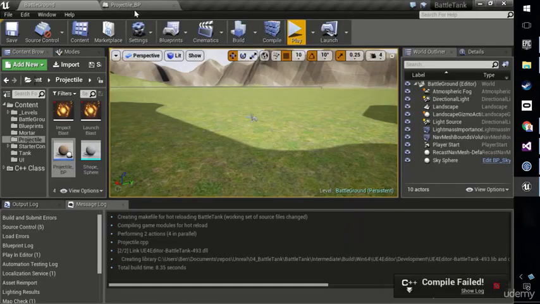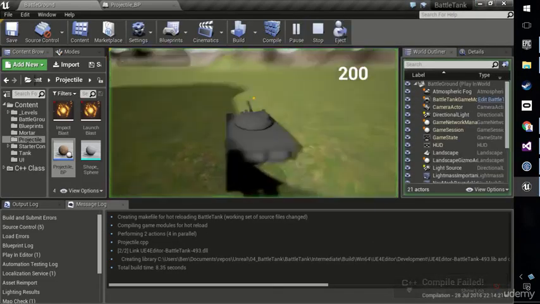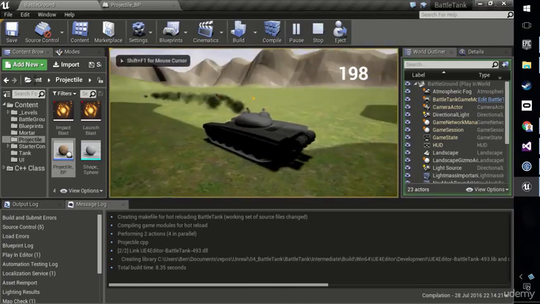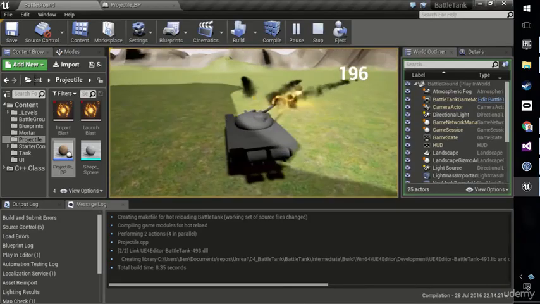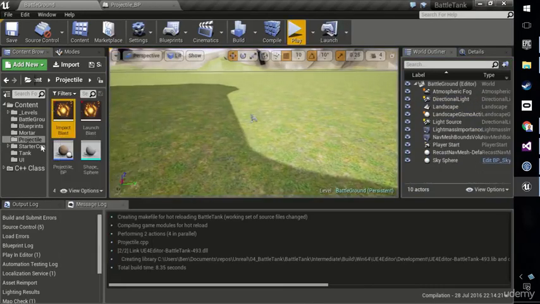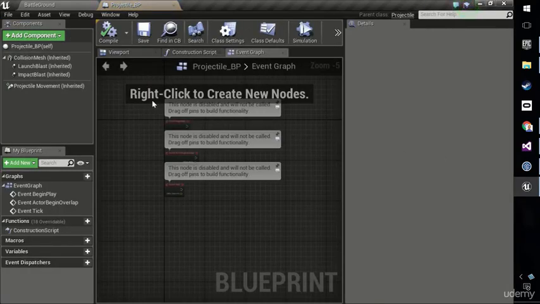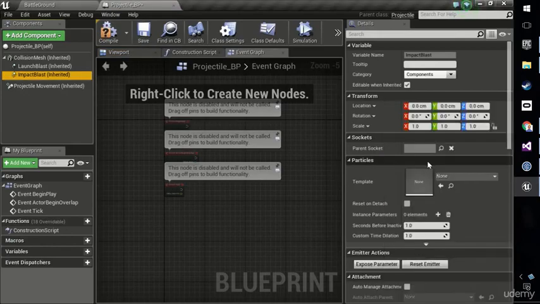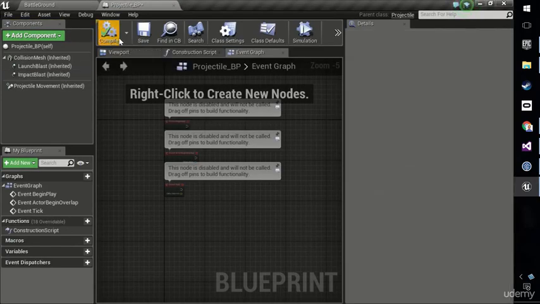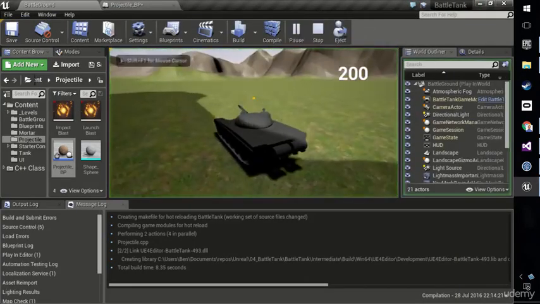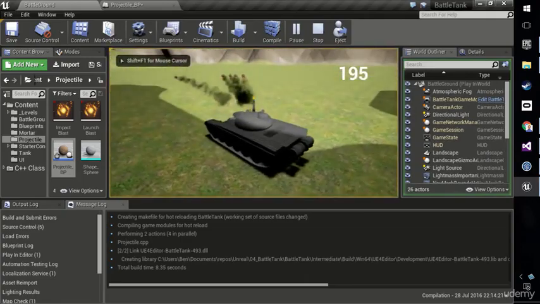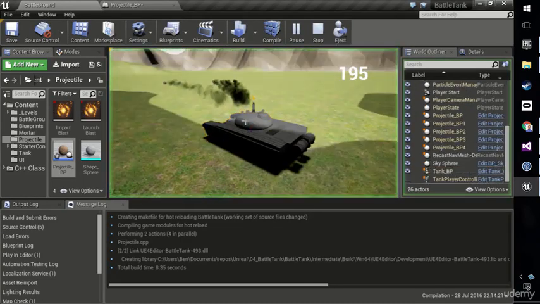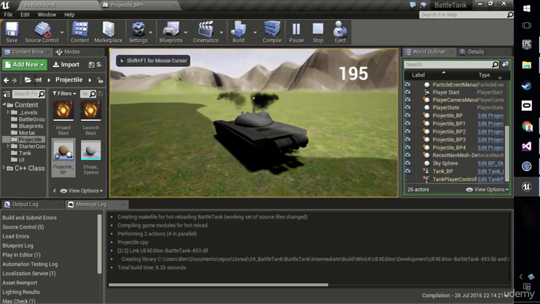So it's compiled, which is great. Now let's just play the game. We're not really necessarily going to be able to see that. Yes, we can. We can see that particle effect has stopped. You can particularly see it if you temporarily get rid of the impact blast, just unassign it. We can just clear that here. Compile the blueprint, play the game, and then if we just go into the world with F8 and move over to this site of these